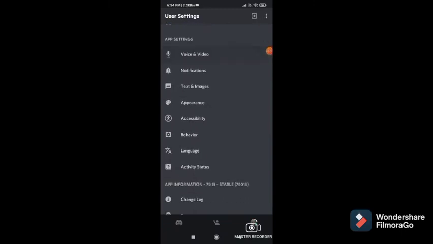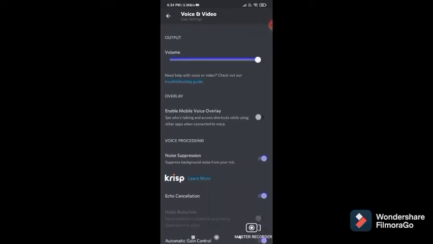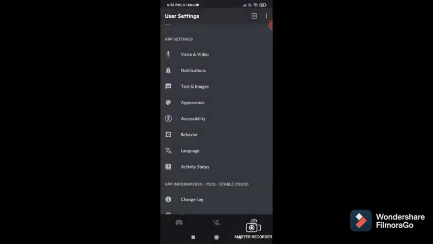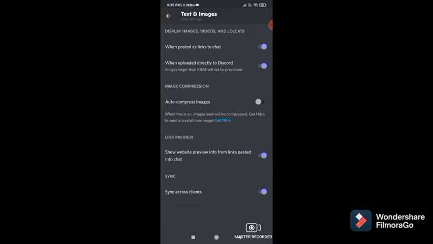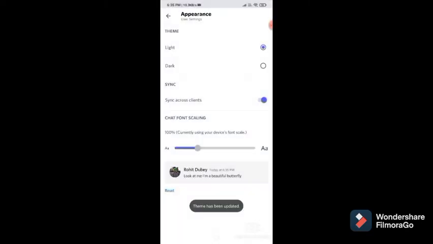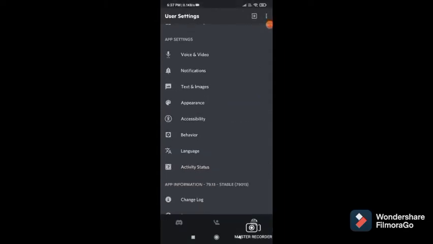And these are app settings. Guys, you can see it afterwards. I will skip this one. Now for notifications, these are the notifications for this app. And you can change your text and image. And this is appearance, which means the theme of the app. And next setting.